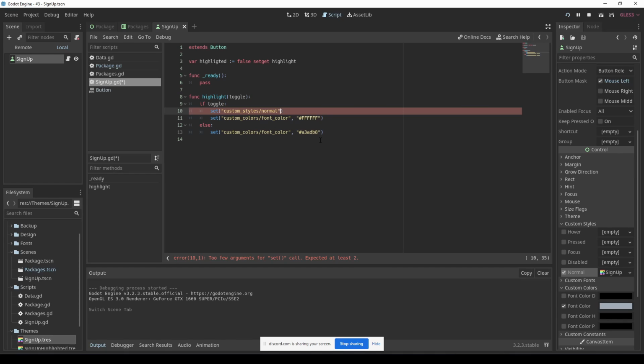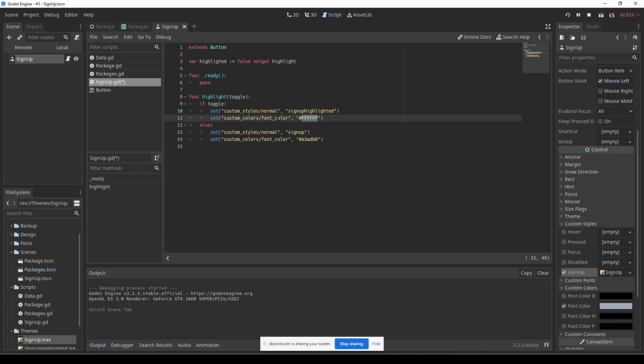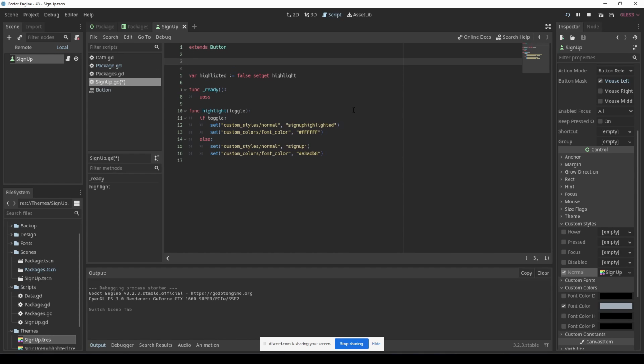So change its normal state to something like, well, the highlighted sign up thing, sort of sign up highlighted. I'm kind of writing a pseudocode thing here, and maybe this is then just going to be sign up. But keep in mind, when we did the color change, the expected value is a hexadecimal code. For the normal state, the expected value is a resource file. So we actually got to keep reference to those